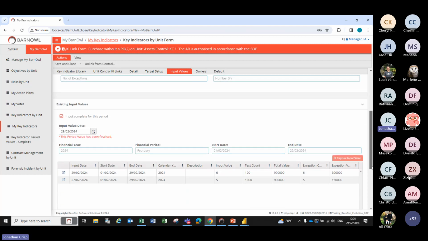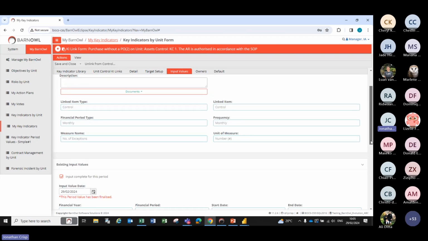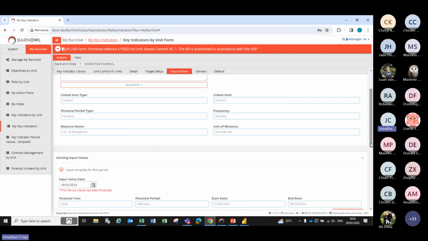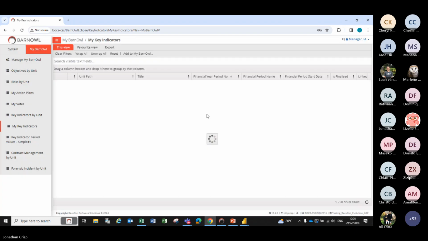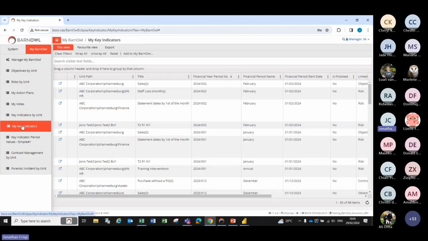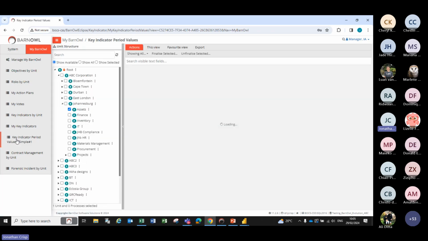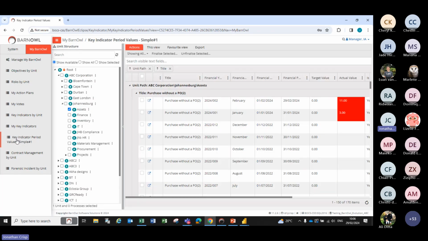And you can do this as a bulk process as well, where it's not necessarily me that would tick this, it would actually be the manager that goes through and says, okay, the end of February has come and gone. You can't go and change your key indicator values now. So, moving on to this, then you would see that if I looked now at the key indicator values in